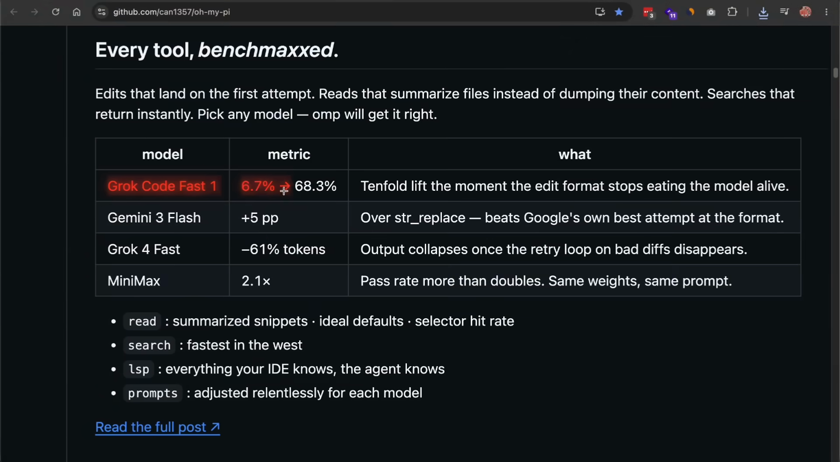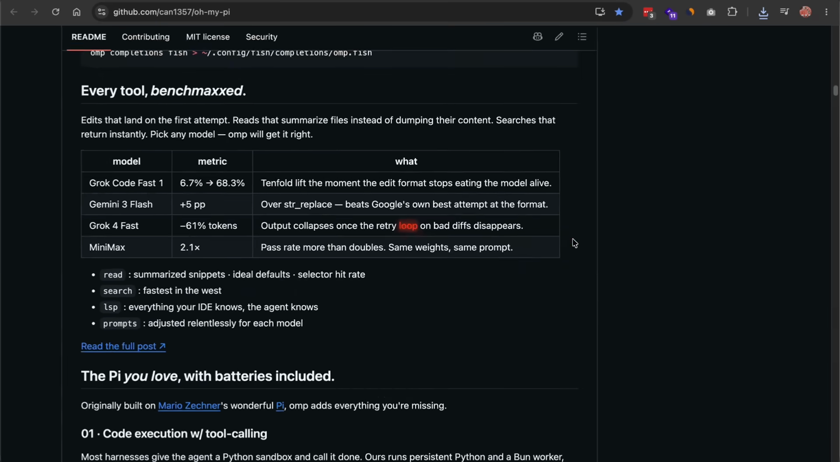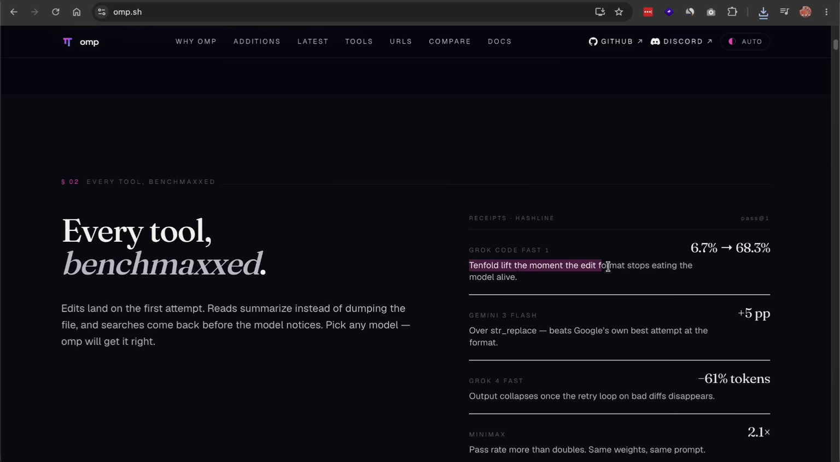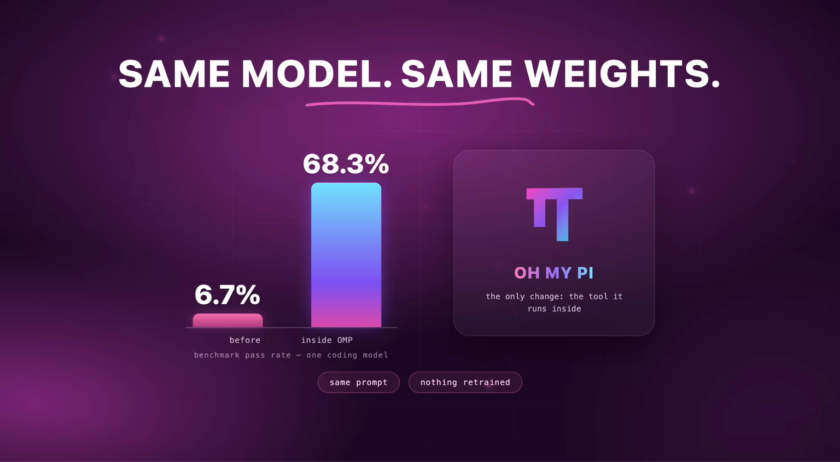There's a benchmark going around where one coding model jumped from a 6.7% pass rate to 68.3%. Same model, same weights, same prompt, nobody retrained anything. The only thing that changed was the tool it was running inside. That tool is called OhMyPy, and after seeing that number, I had to install it and figure out what's actually